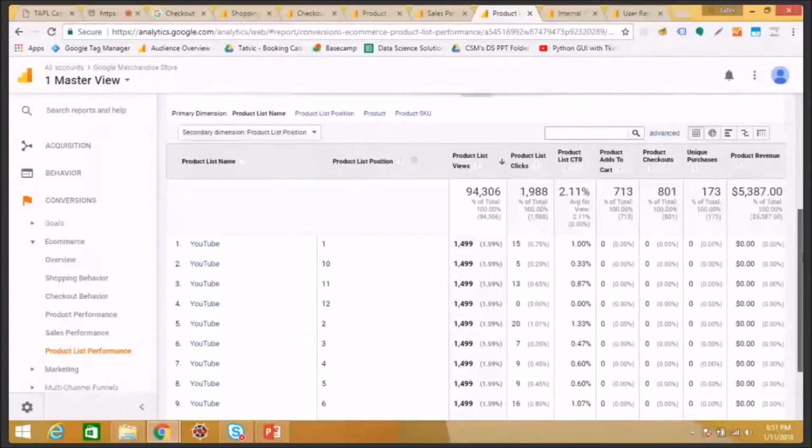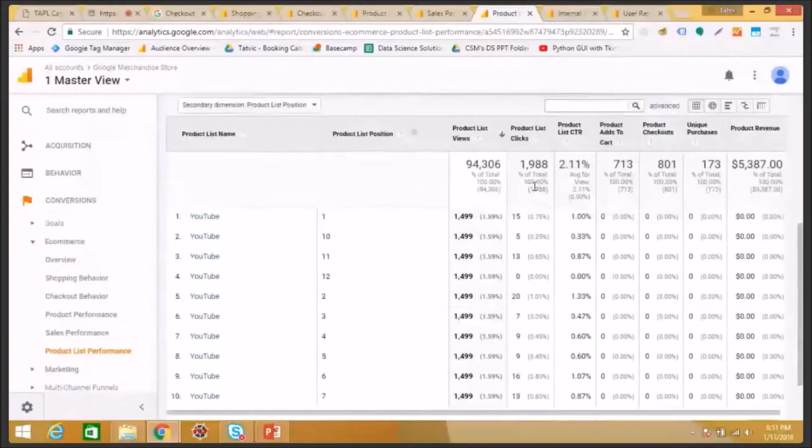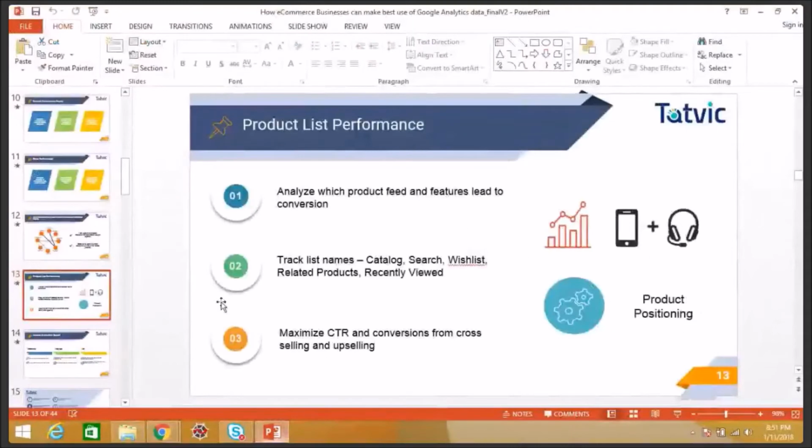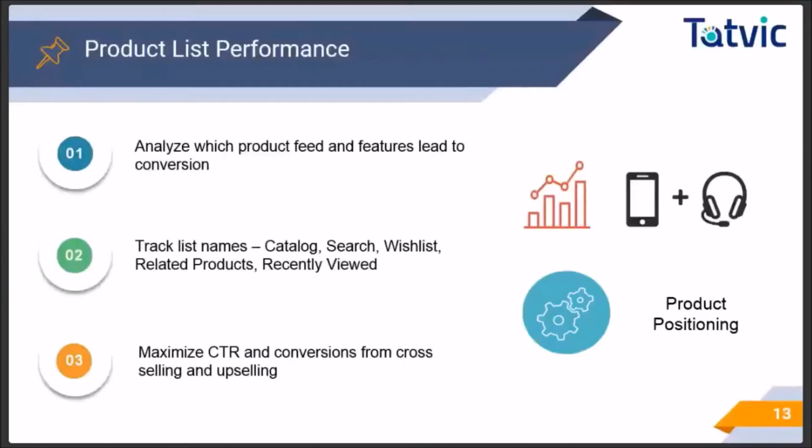Now, this particular feature can even be used to optimize the search engine, the internal website or application search engine. Let's see how. Suppose you have internal search implemented on your website or application and you want to measure the performance of your search, the internal search. So whenever the user searches for a product, I'll pass the product list name as search. Now, from the product list performance report, I get to know that the average click position under the search list